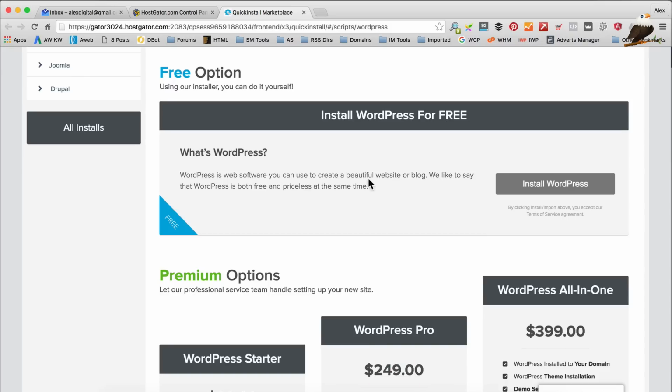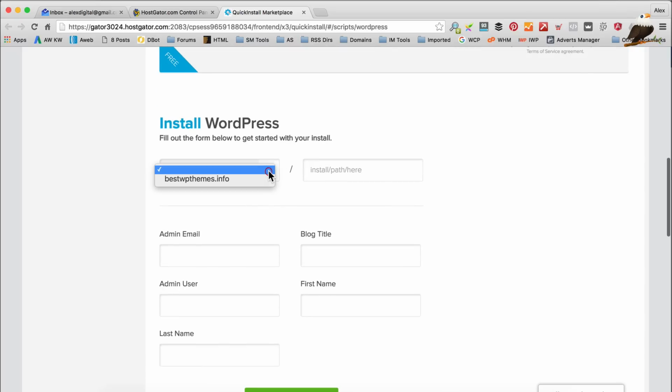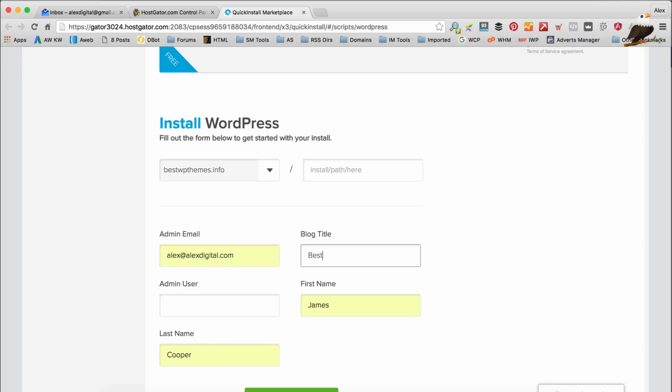Click OK on that pop-up, and then what I'm looking for is this big Install WordPress button. Let's click that, and we need to just fill in this form. Select your domain, which is obviously my domain, bestwpthemes.info. Leave that install path blank. Put your email address in, give it a title,